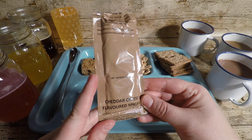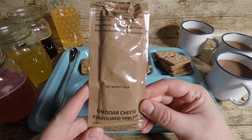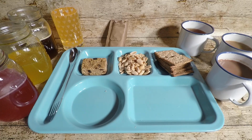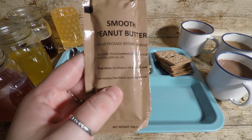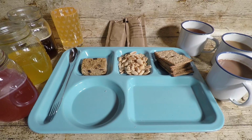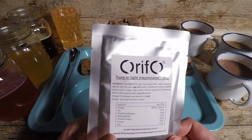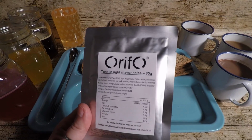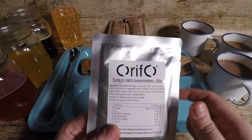Then we have the cheese spread, cheddar cheese flavoured spread, which I'll just put there because we'll have that probably with the biscuits. And then the smooth peanut butter, and again I'll use that with the crackers, I think. And then we also have the tuna in light mayonnaise. So as everything else is still on the boil, I think we'll go ahead and try these